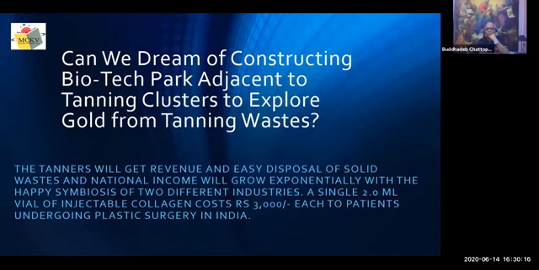So that's the important thing. Now, of course, we may have to change the process. Instead of lime fleshing, we have to go for green fleshing or maybe soap fleshing. Instead of lime splitting, we may have to go for green splitting, because we can get chromium, we can get collagen in a more natural form than a treated form. Of course, that can be done. Machines are available, technology is available.